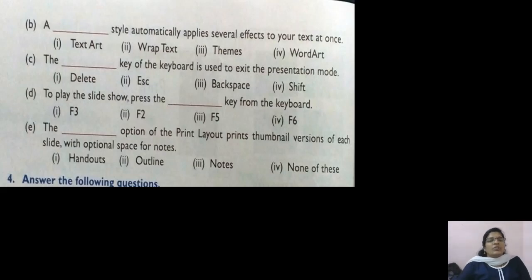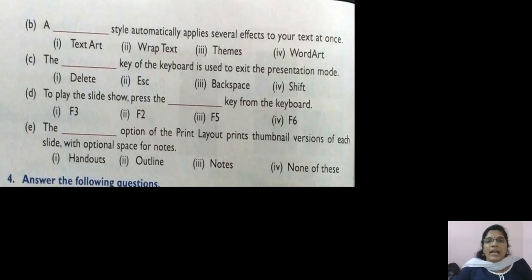Okay, students, that's all for today's class. And I'm planning a test paper for this chapter. Probably maybe this Sunday. Those of you who feel it is okay, that's good, well and good. And if you feel Sunday is not okay to write a test paper, please just send a text message. If the majority of the students send, then I will change the date of the test. But I won't just remove the test paper. Definitely I will conduct the test paper. The date I will change.